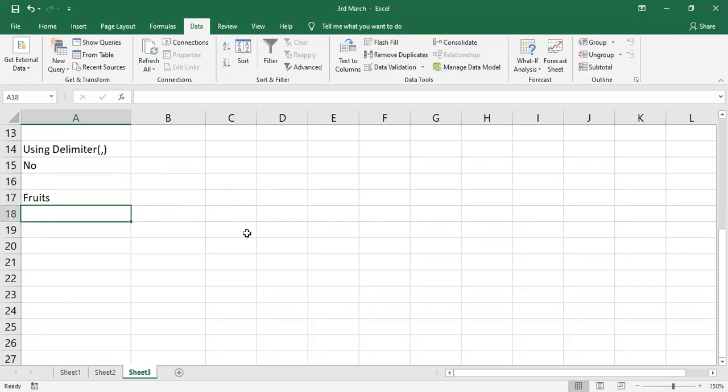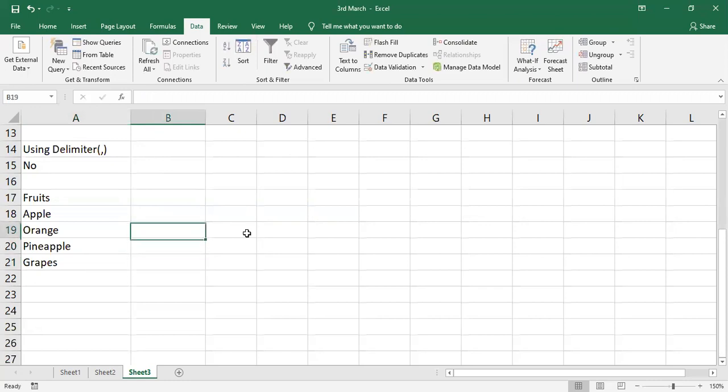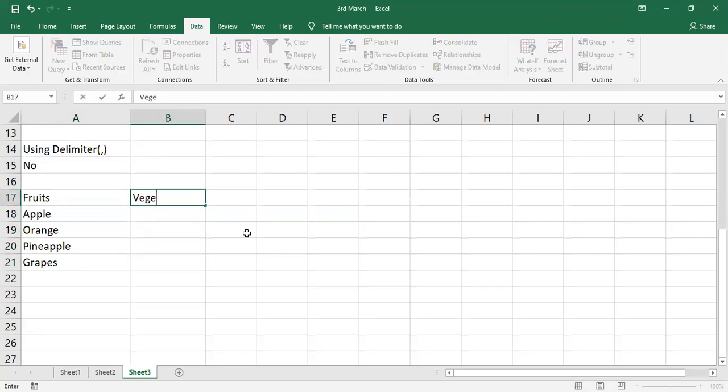Below this, I'll give a few fruit names: apple, orange, pineapple, grapes. So in this, I'll list vegetables names. You can also give colors.